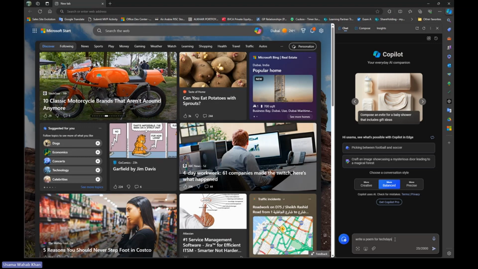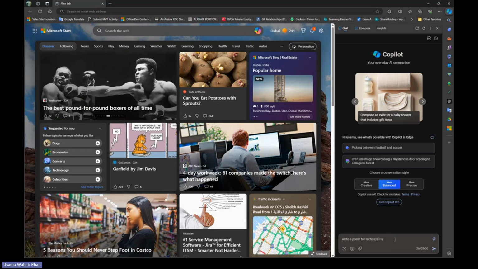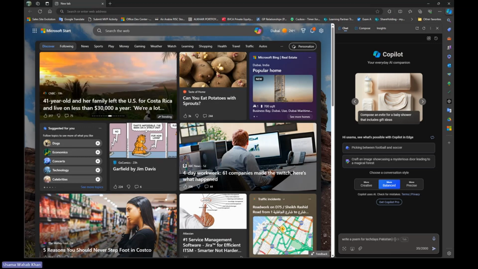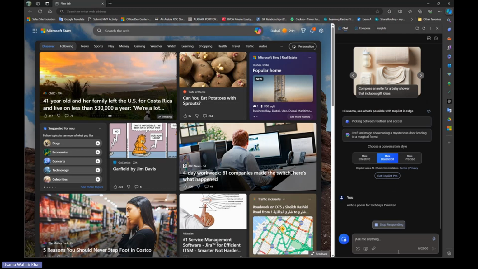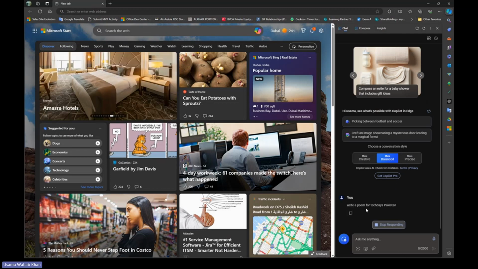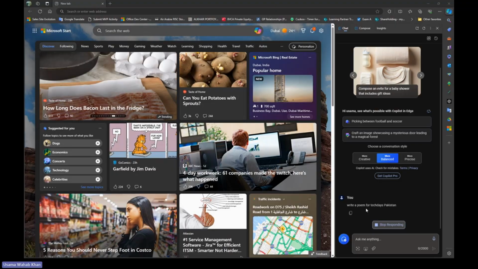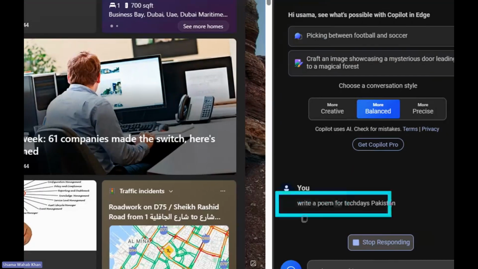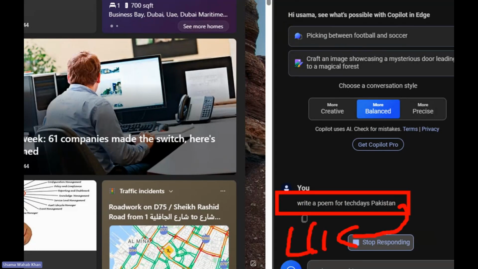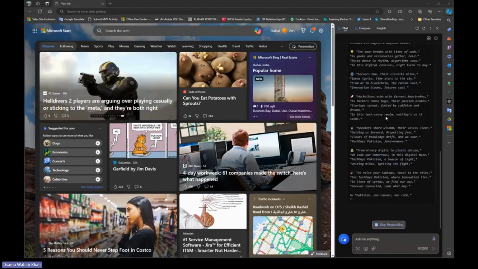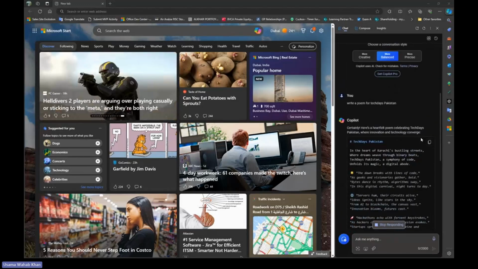We can say, write a poem for Tech Days, Pakistan. This particular instruction which I have passed is called a prompt. That's the prompt that I have injected through the client application. It's served back to the LLM, and the LLM is going to process that and generate an output. The output is called a completion. And in a couple of seconds, you'll see we got a pretty nice poem out there.